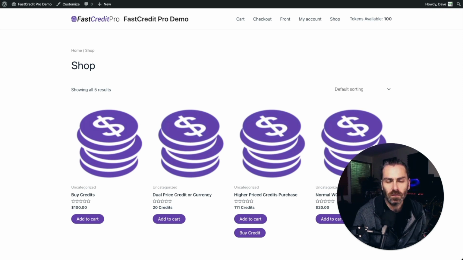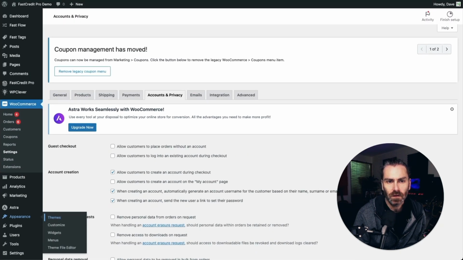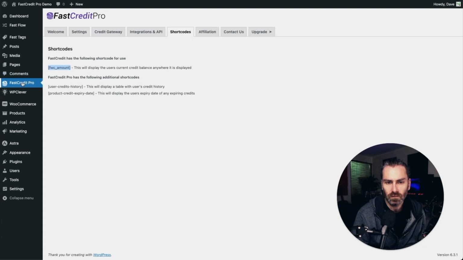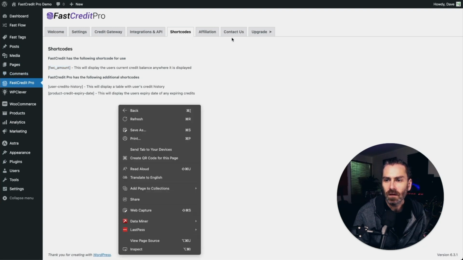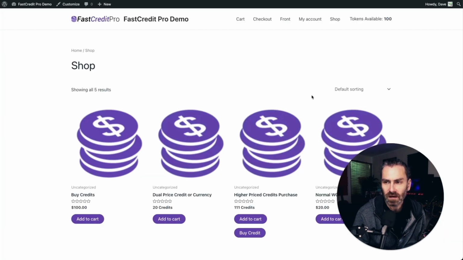So if I show you inside the WordPress dashboard in the plugin settings, just come here, FastCredit Pro, so you can find the settings on this dedicated FastCredit Pro menu, right? And if we go to the Shortcodes tab, we can copy this shortcode here, and it's basically just FWC_amount. And then if we go back to our site and we want to put it up here,